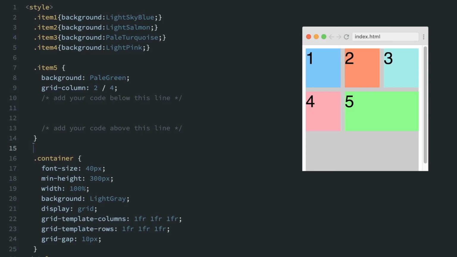We learned how to make grid items consume multiple columns. We can also do the same thing with rows. It's basically the same thing. So instead of grid column, it's going to be grid row. And then for this challenge, we have to make it take up the last 2 rows. So the same as before. I'm going to put